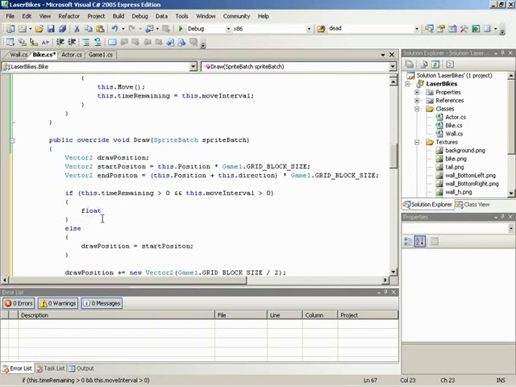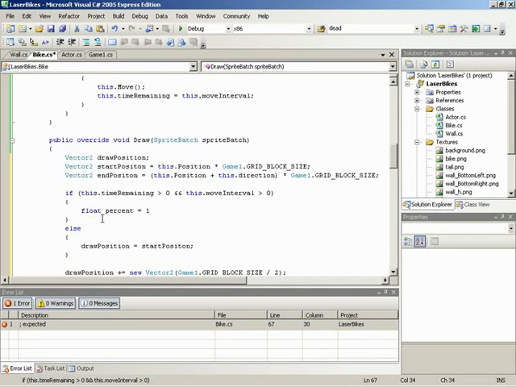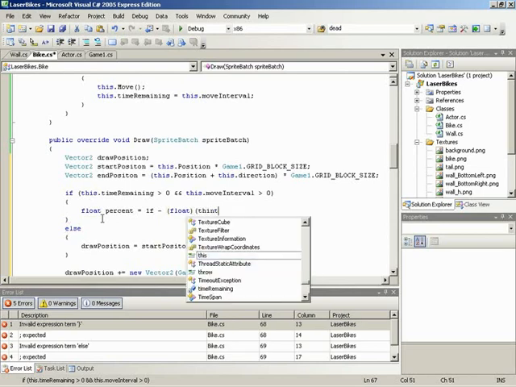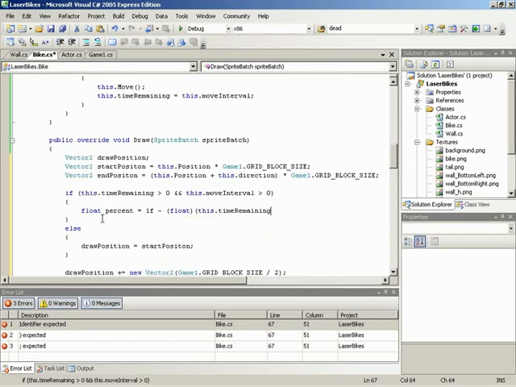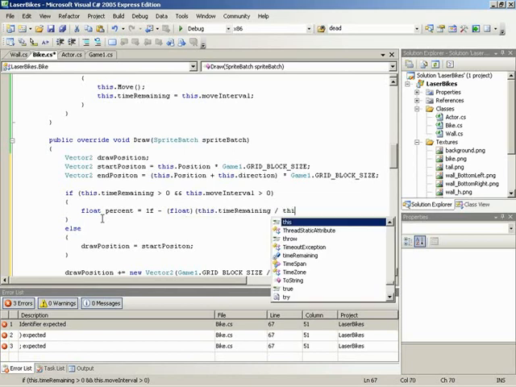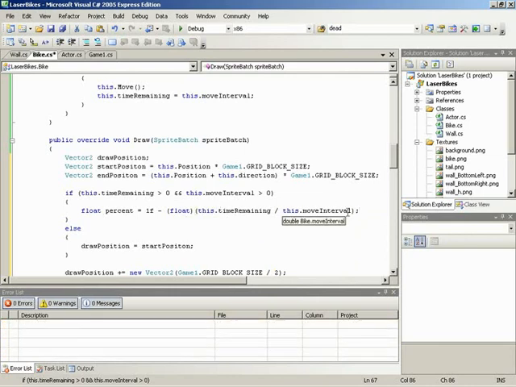I'm going to make a float variable called %, and we'll set that equal to the value of 1 minus the float casted result of this time remaining divided by this dot move interval, and that time remaining divided by move interval should give us a value in a range of 0 to 1,